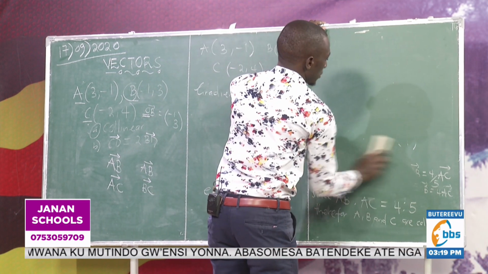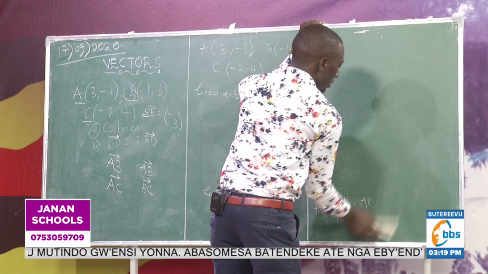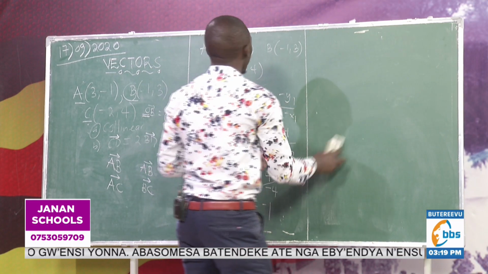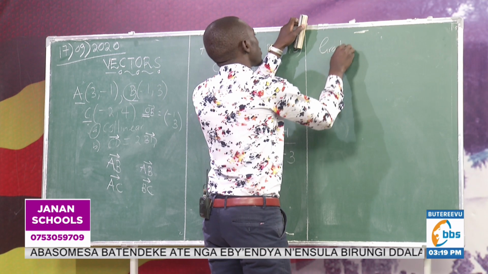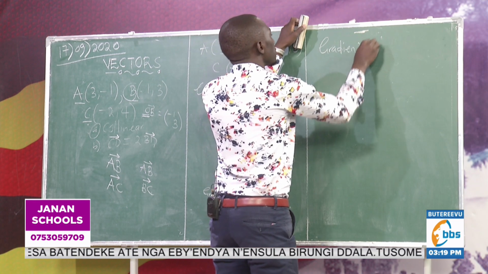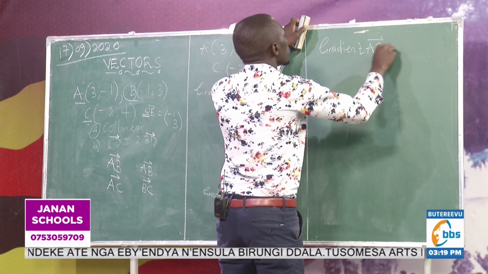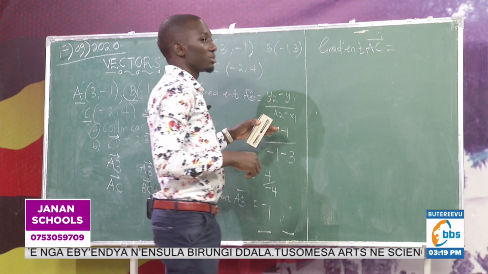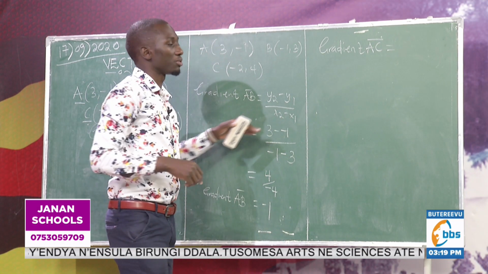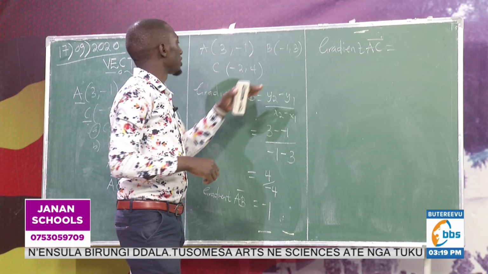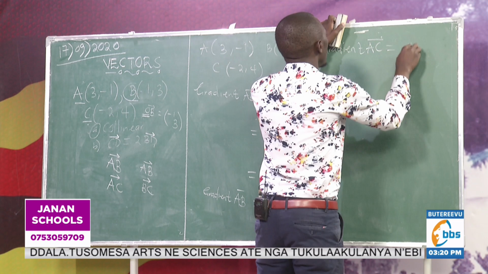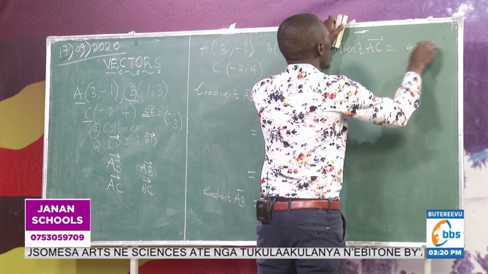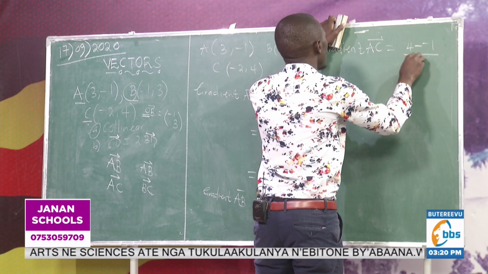Then we can go to our part B. We are going to use this concept in some numbers ahead. So we have to find also the gradient. I want us to find the gradient of SC. So for SC, I'm going to use the same formula: change in y over change in x. For SC, I'm using C and A, so I'll be having 4 minus -1, over -2,